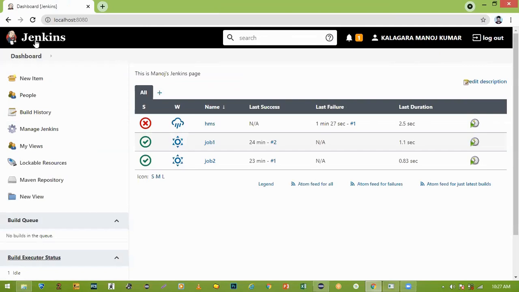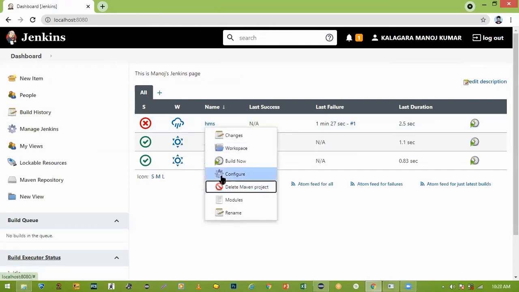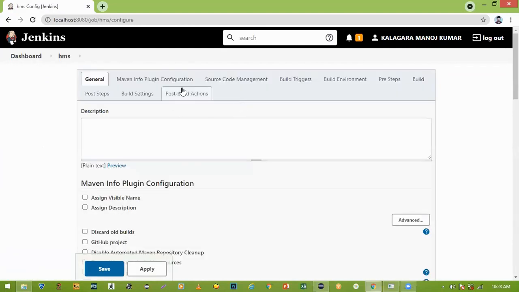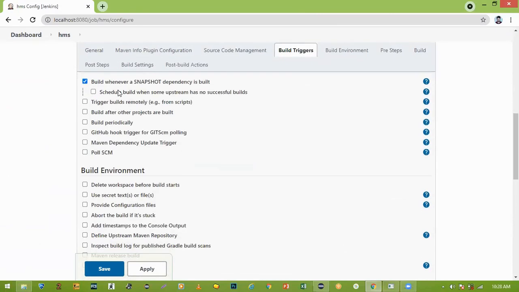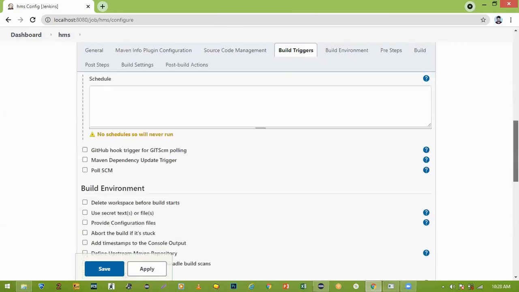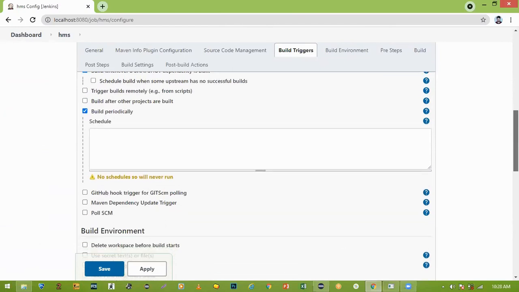The important thing is how to give build triggers. Automatic execution, I will tell. See, go to the job of the project you want. See, configure. Go to build triggers, the build trigger tab. Enough. You see, build trigger: build remotely, build after other projects, build periodically. Very good. Sir, if you don't do anything periodically, what to do?